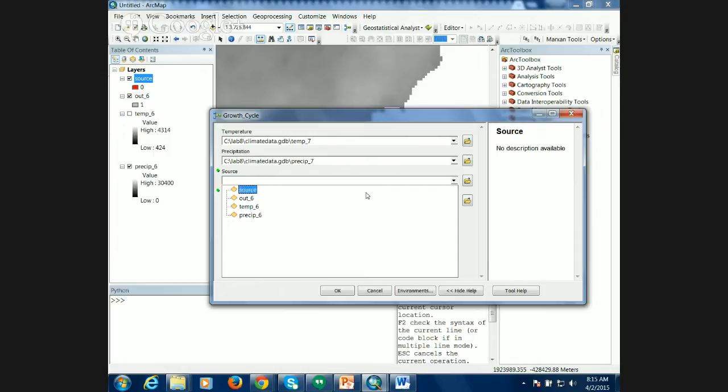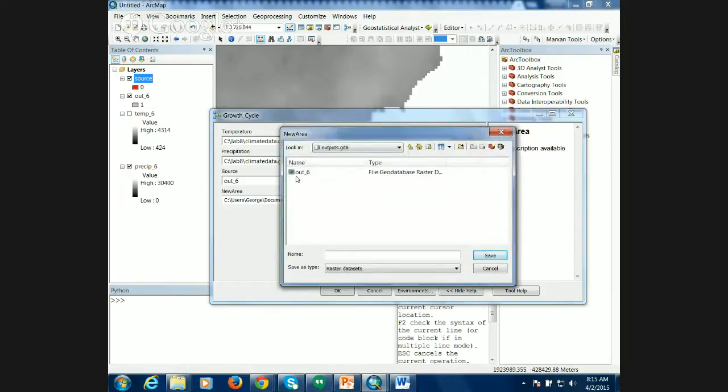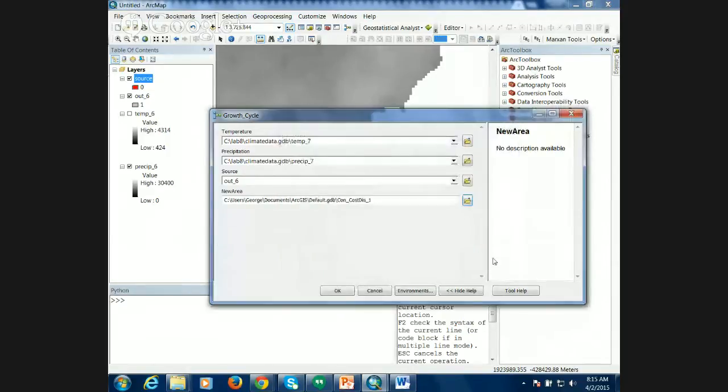Okay. So notice in this particular modeling technique that our inputs change each time through. That didn't really happen with the cellular automata. And then our source changes each time through. That did happen. We did do that in the cellular automata approach. Okay. And then now we're going to specify our output as out 7. This will be the output at the end of July. Okay. We hit save, and